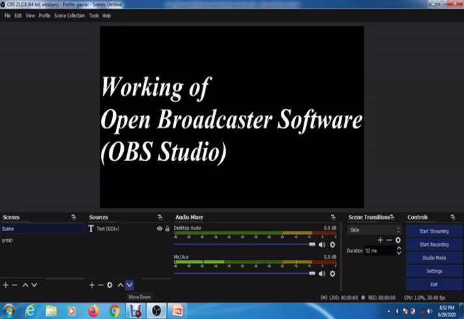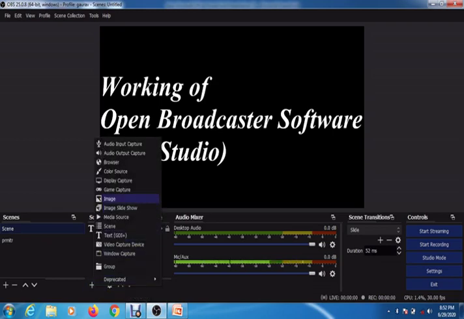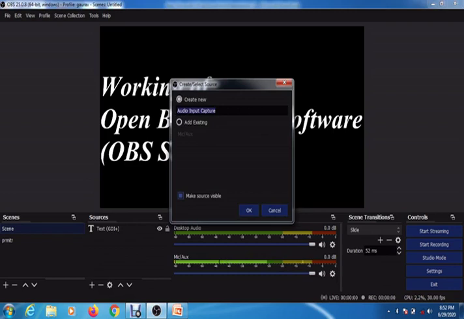First of all I will click on this add button, and the first option present in the source is the audio input capture. In this audio input capture, a small window appears which gives you a name for that particular source. If you want to give a name of your own, you can, or you can proceed with the same default name.